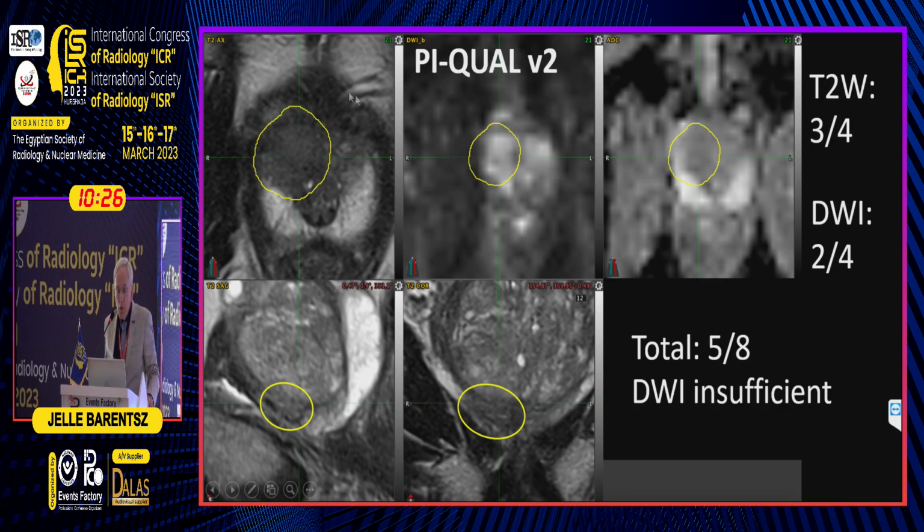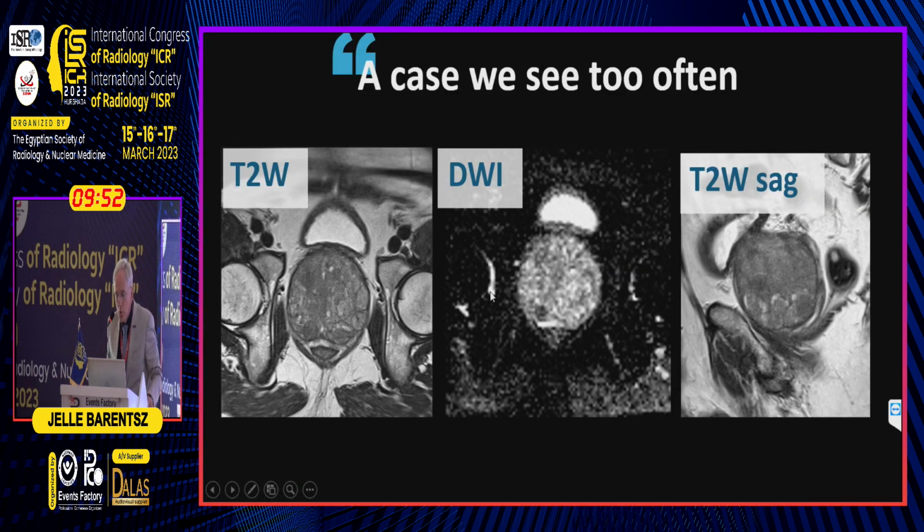An example, you can see over here that it is a little bit blurry due to motion artifacts on T2. The coronal and the sagittal images are not that sharp, so T2 will earn 3 out of 4. However, there is not a really bright area of this tumor here as compared to the rest, and there is not an optimal delineation of peripheral and transition zone, so 2 out of 4. That means that the DWI is not sufficient, and in this examination, contrast was not performed.